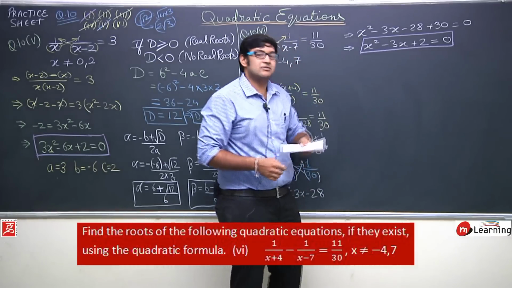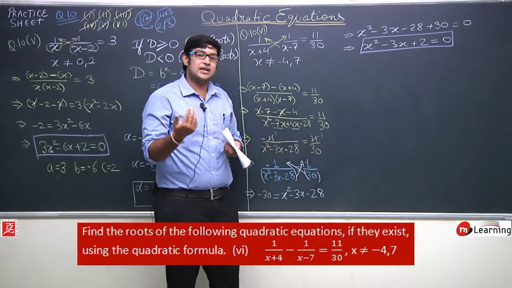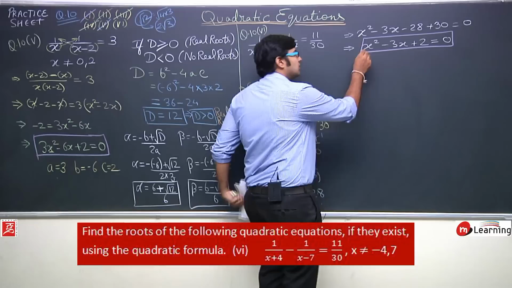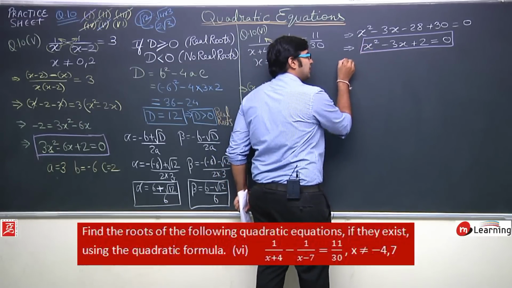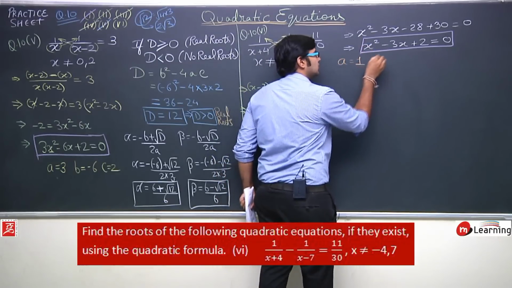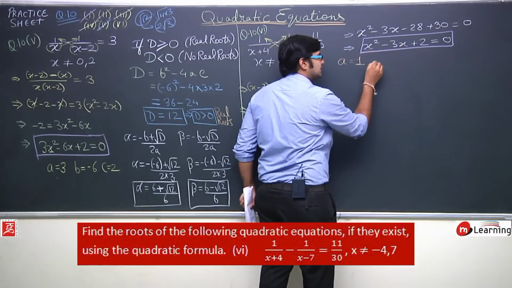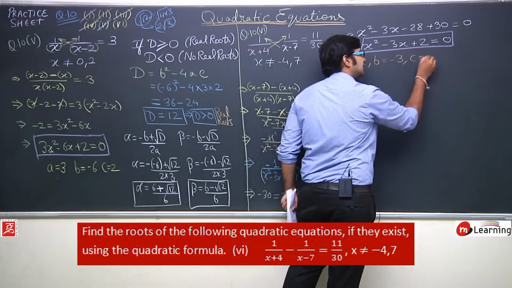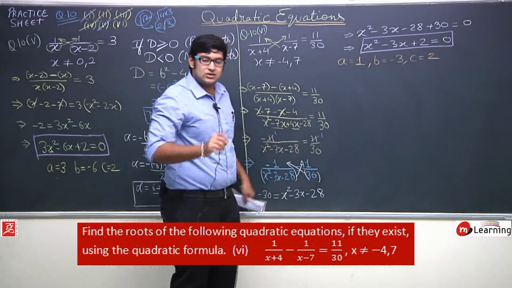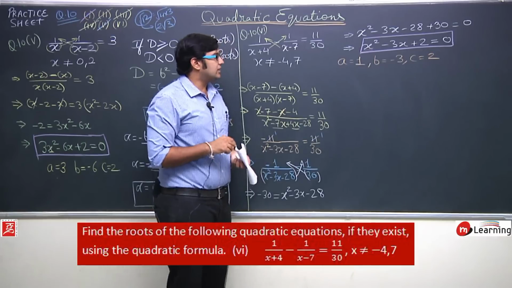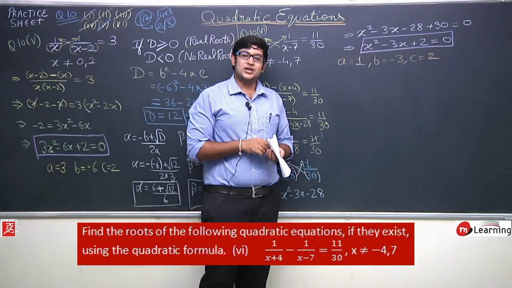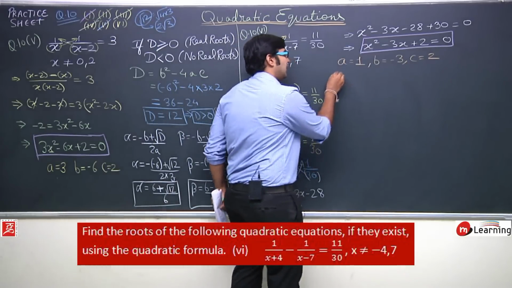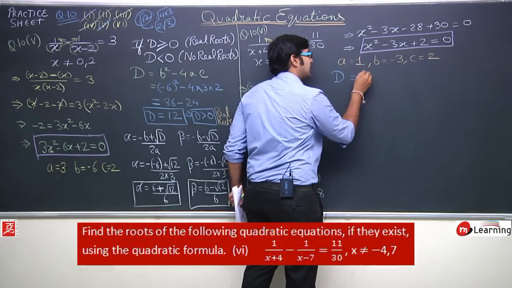Now in this quadratic equation I can determine the value of a, b and c and then the discriminant. So what will be the value of a, b and c? The coefficient of x square is 1, so the value of a is equals to 1. The coefficient of x is minus 3, so the value of b is minus 3, and the constant term is 2, so c is equals to 2. So a, b और c का value determine कर लिया. Now what we need to determine? We will check whether this quadratic equation has real roots or not, real solutions or not, and this can be done by calculating the value of discriminant.